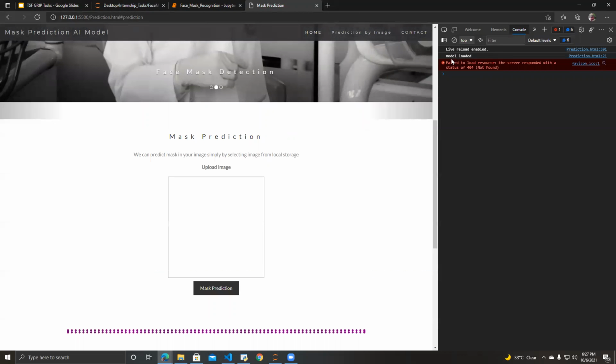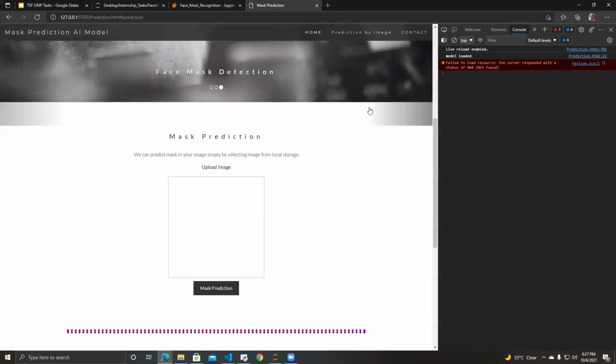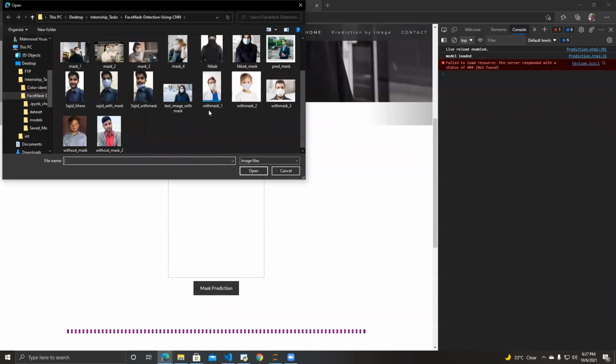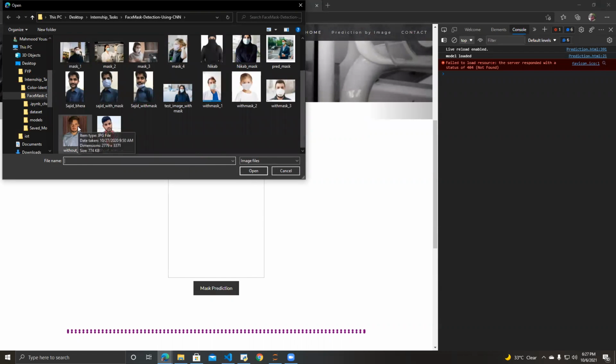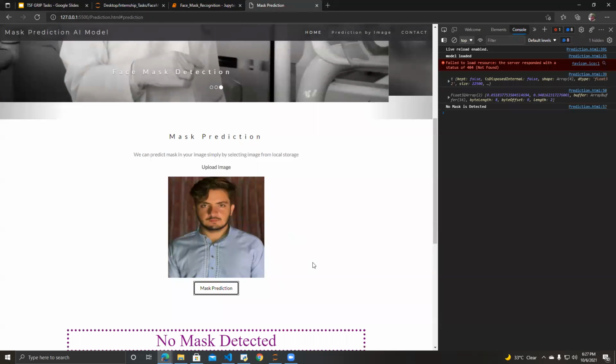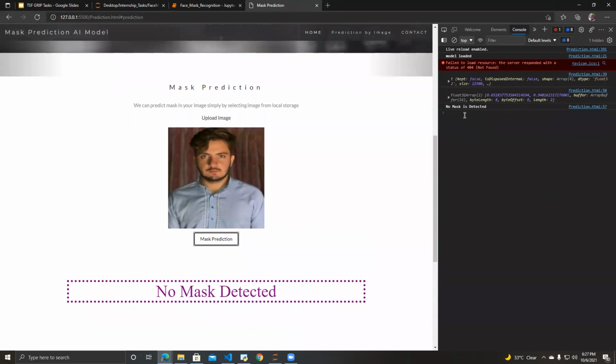So our model is successfully loaded, as shown here. Let's upload an image to predict. Suppose this one. Let's predict. No mask is detected.